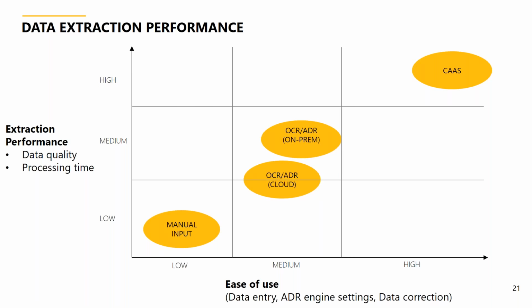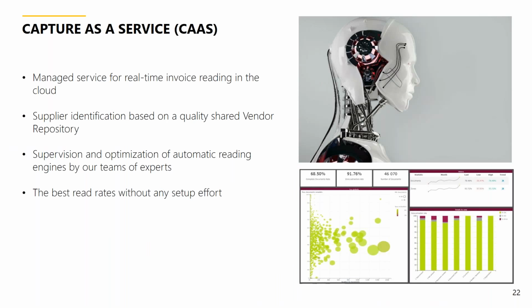So we're going to look at that in a little bit more detail, because this is where robotics really does come into this. And then on the back end of the capture piece, we then start talking about the AI aspects of what can you do with this data. So the key part of this, as far as you're concerned as a customer, you don't have to worry about any of this. We manage this. It does real-time reading up in the cloud. We do it on Microsoft Azure, so it's their infrastructure that we back it off to, because they're the experts in that. But we look after our application, and you can see some of the results that we're getting here.